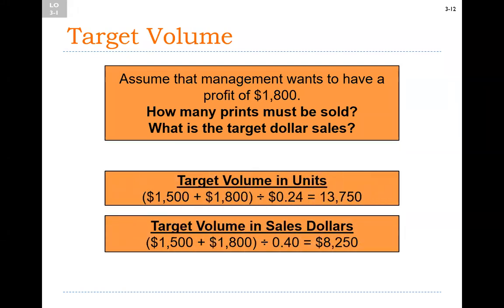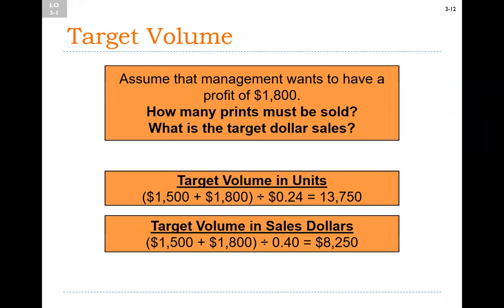Now we can extend this further, because we're in business to make a profit. It's good that we can cover our costs. That's great. But what if I want to make a certain amount of profit and I already have that number in mind? What if I want to cover all my costs? I want to make $2,000 in profit. How many units do I need to sell? Well, of course, that answer is going to be different from my break-even calculation. In fact, I would expect that to be more,